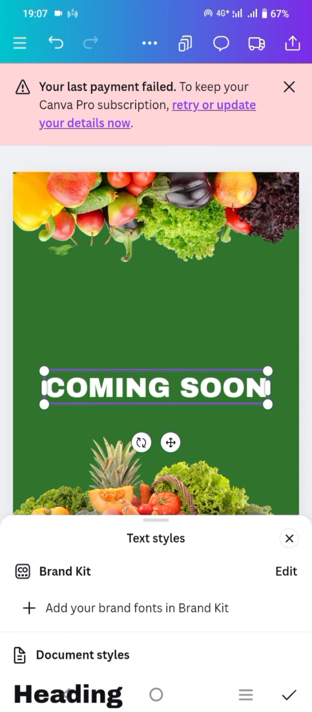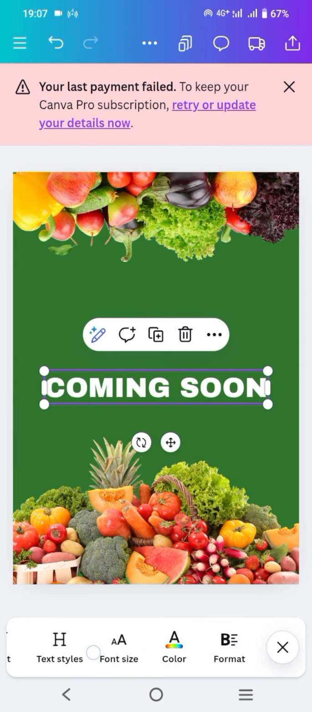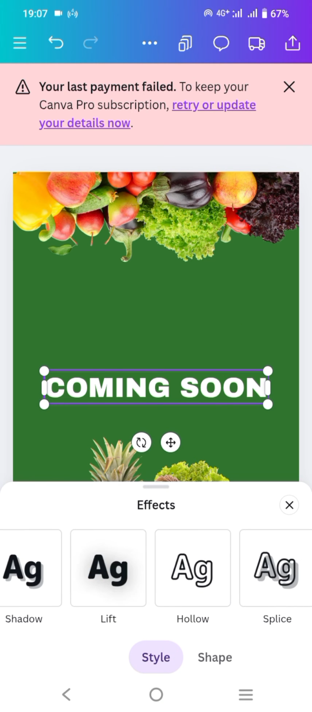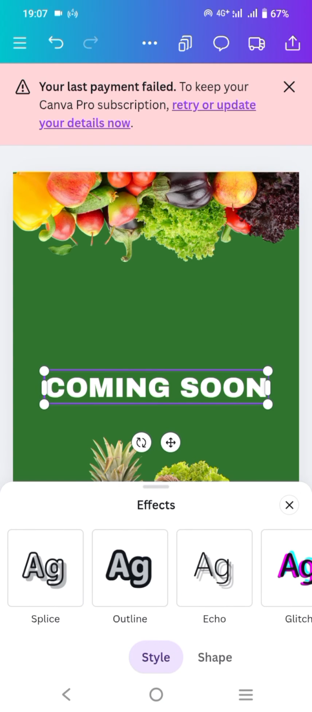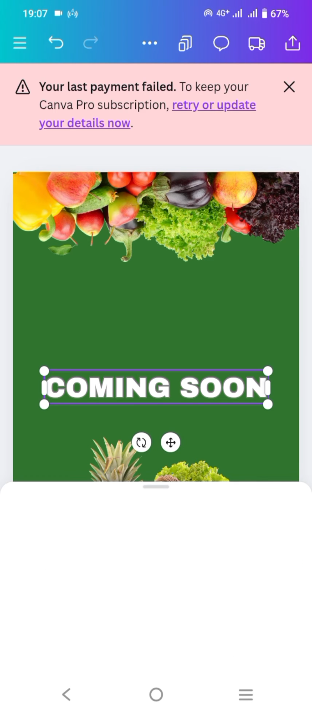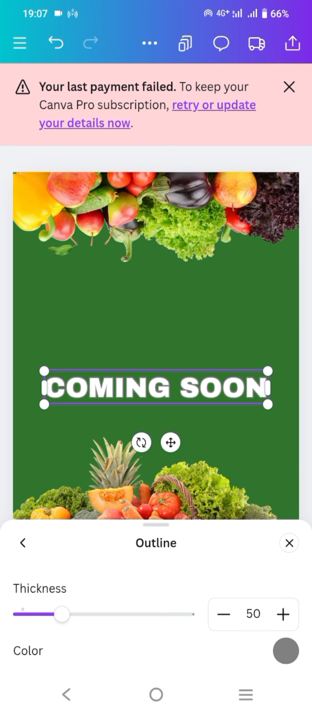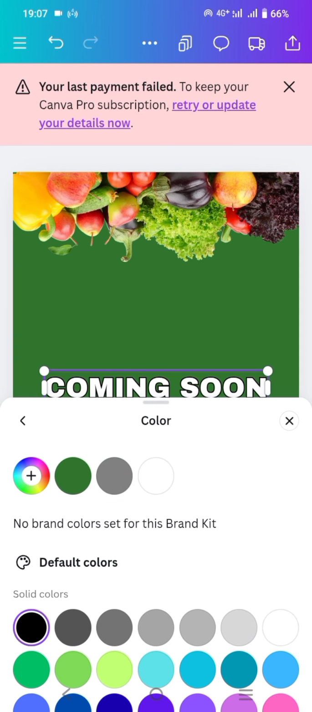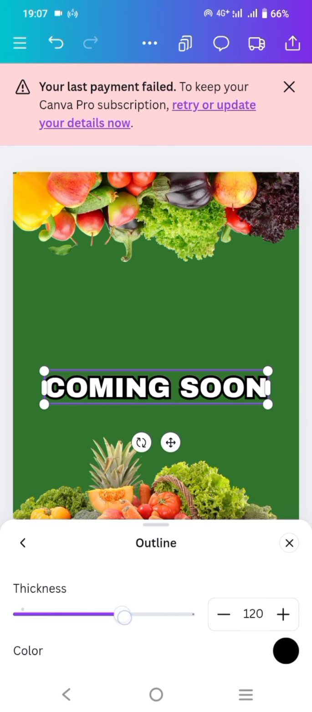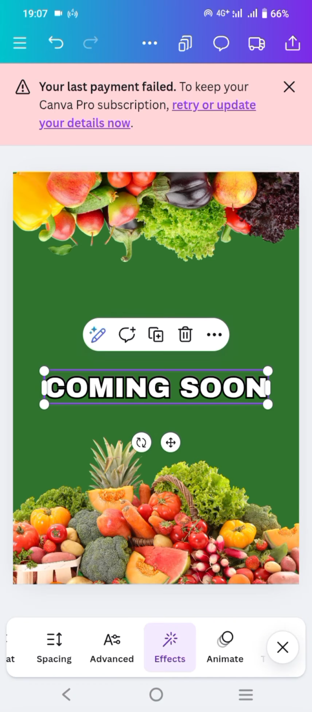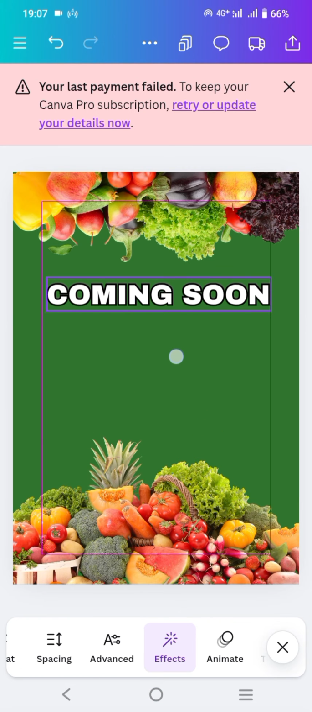And you can also add a style or effect to this text. Let's say I will choose this outline. Then you can adjust it by clicking it again. And if you would like to change the color of the outline to black, it is okay. Then you can adjust the thickness. I think it's enough, and close it. Then you can adjust the position,